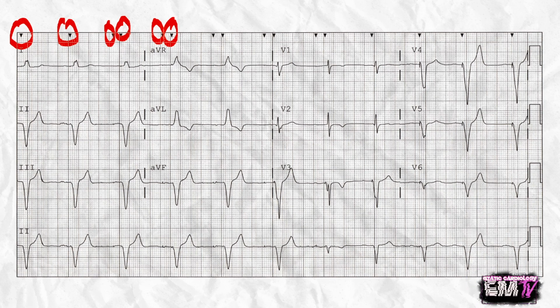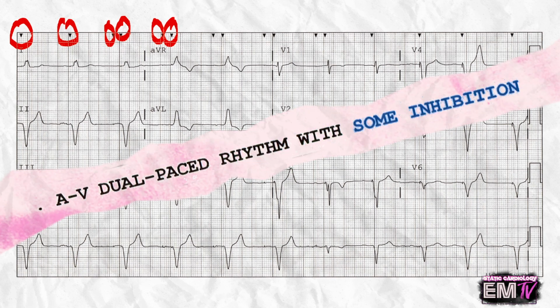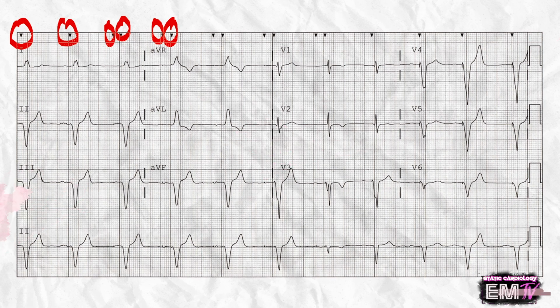Now you may be thinking to yourself, is this a pacer that's malfunctioning because I'm only seeing a single spike present for certain complexes? This pacemaker is actually functioning normally. It's designed though to allow a certain level of inhibition, meaning that if the pacer detects a normal activation of the native pacer site in the heart, it will not attempt to pace over that.